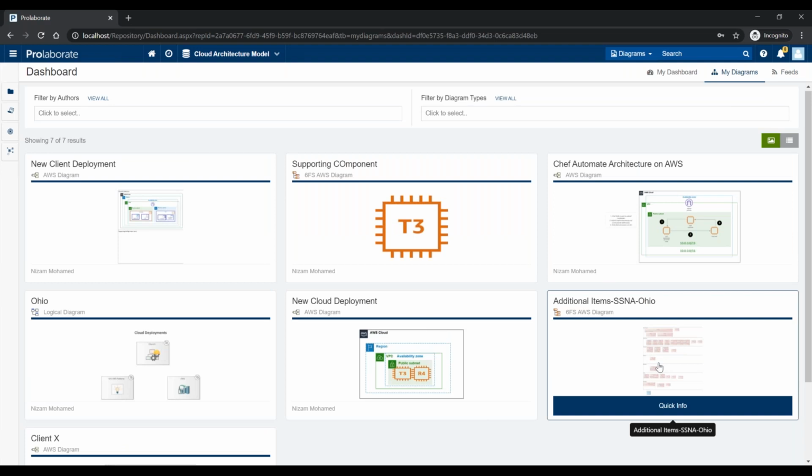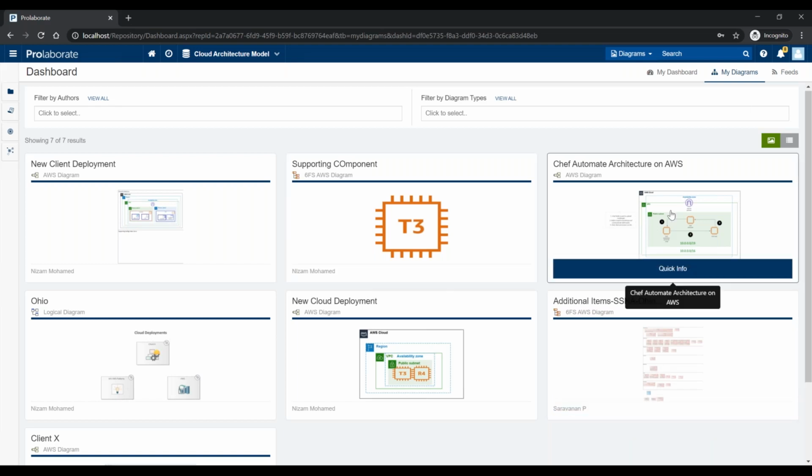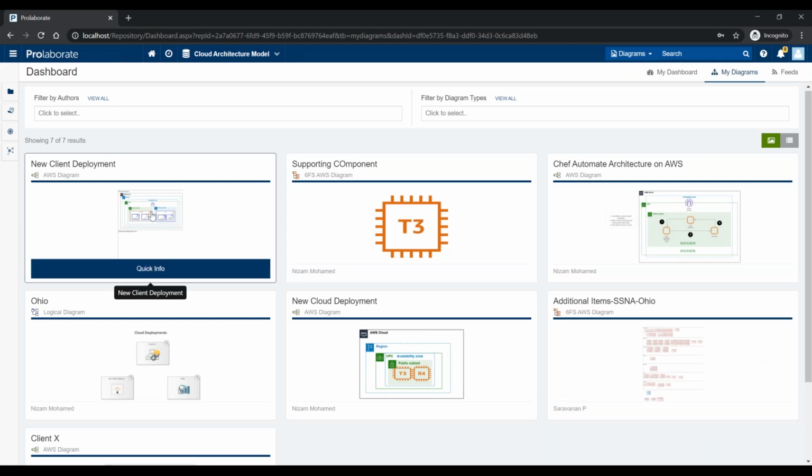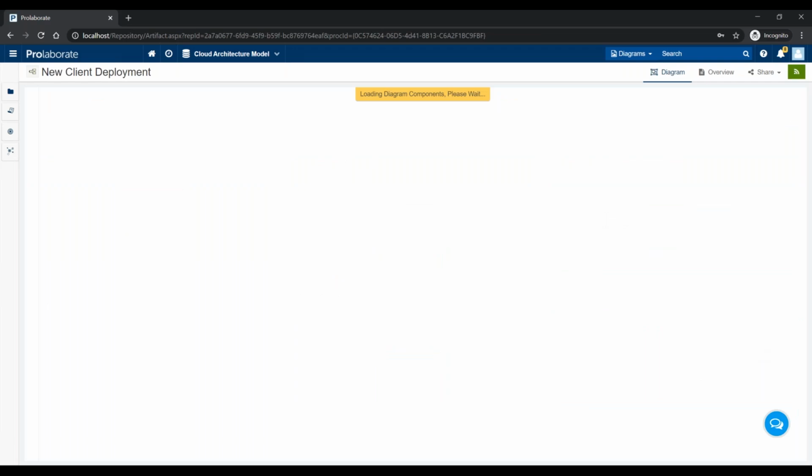That's where ProLaborate comes into the picture. Instead of showing my verification team or my cloud team, who are oblivious of the nuances of an EA architecture repository, all they need is that small set of diagrams that they have to look at or provide inputs on. So here, My Diagrams for Andy just shows the diagrams that are relevant to him, and then he sees there's a new client deployment that is being created using EA,